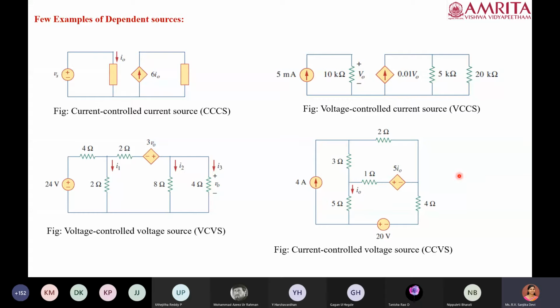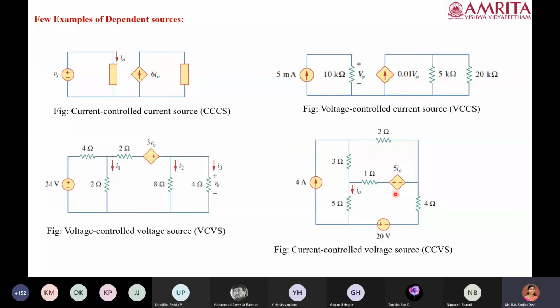When we analyze circuits, we actually use 2 major fundamental laws. One is based on current and the other is based on voltage. So it is very important that you are able to understand what type of source it is, because sometimes you get misled. Here we have the value as phi I naught, so sometimes students may think that it is a current source. That is not correct. The symbol tells that it is a voltage source, but it is dependent on some other current, and it has to be treated as a voltage. Though it is controlled by a current, this element is basically a voltage source.